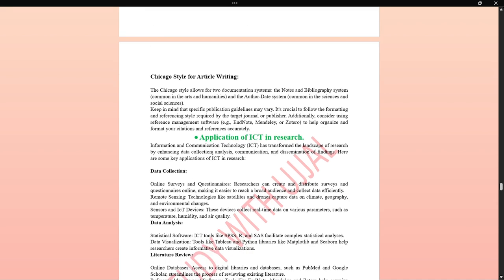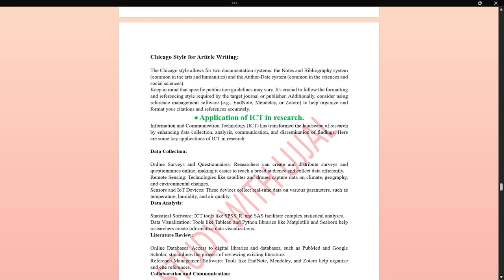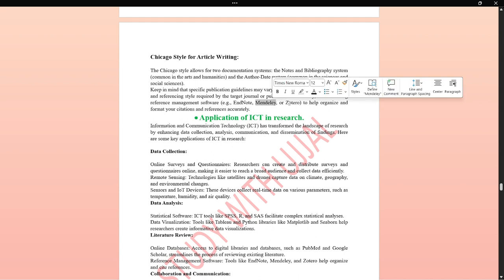Okay. So for software, there are many you can use, I think EndNote, Mendeley and Zotero. EndNote is paid. Mendeley is a free version, free software, and Zotero is also free software you can use while you are doing research.